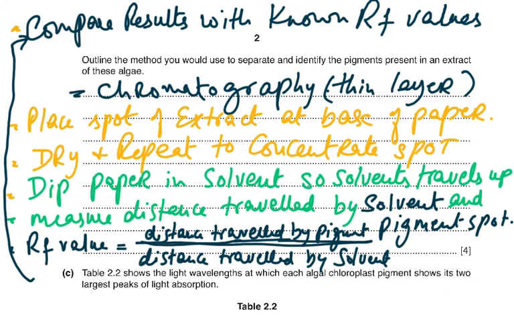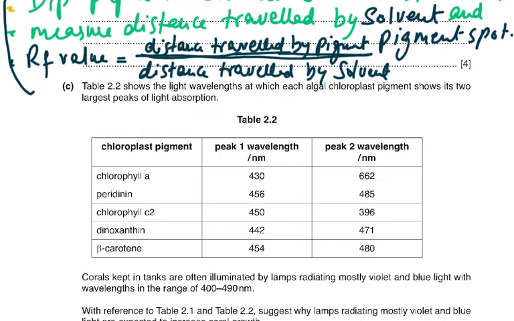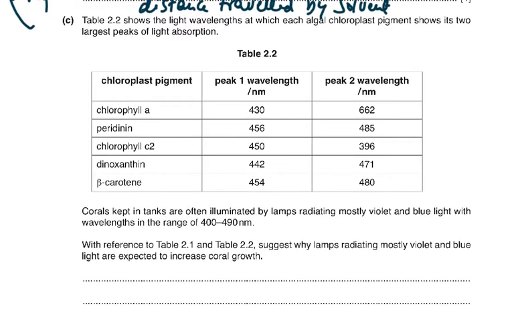So you know the pigments and you know their RF values, and then you can compare whether it matches, and which of the pigments it matches. Now this is a very direct question, and you have to know these steps. So you need to be figuring this out, you need to be understanding it, and you need to know how to write these steps. Then coming on to the next part of the question, table 2.2 shows the light wavelengths